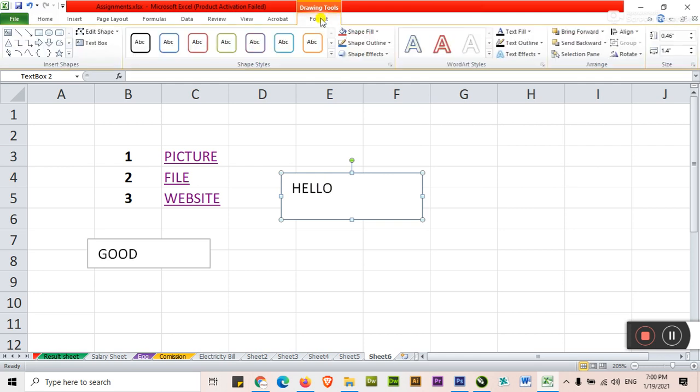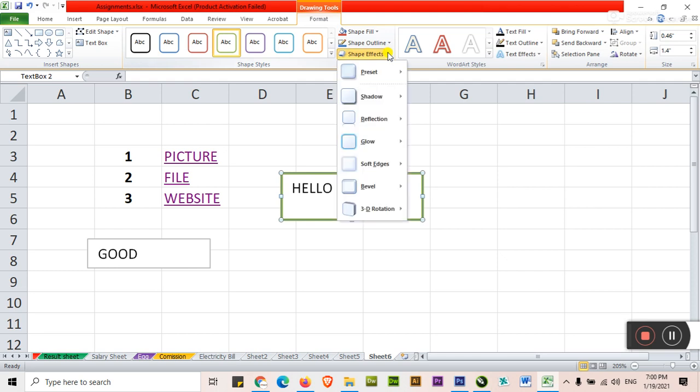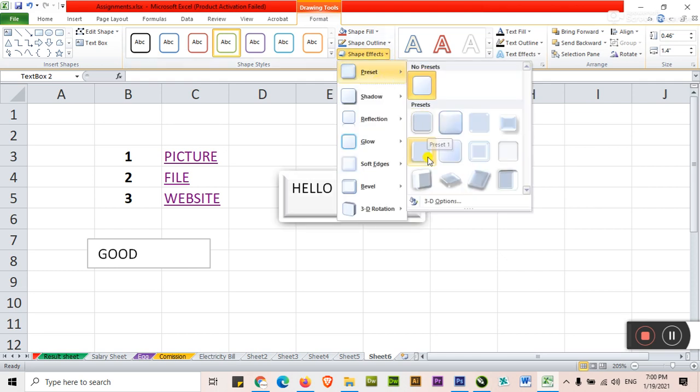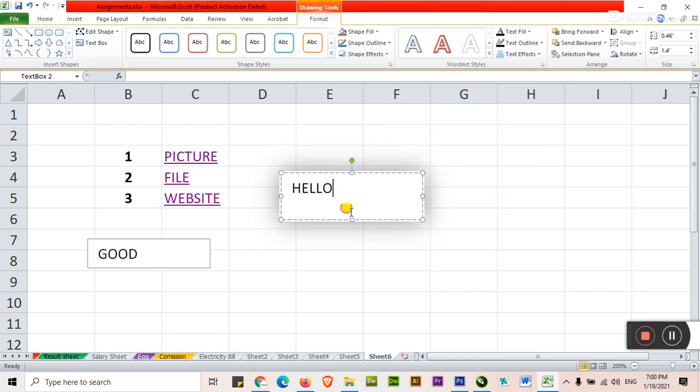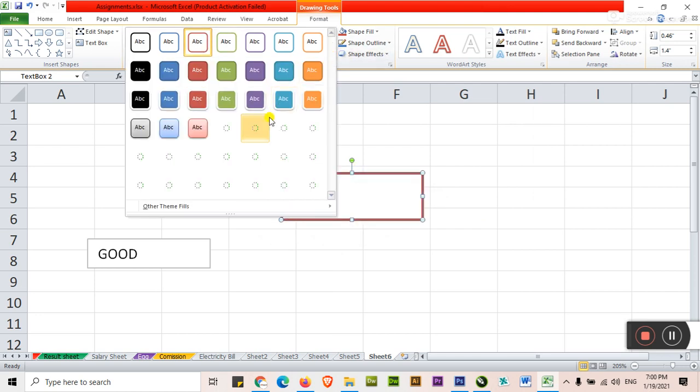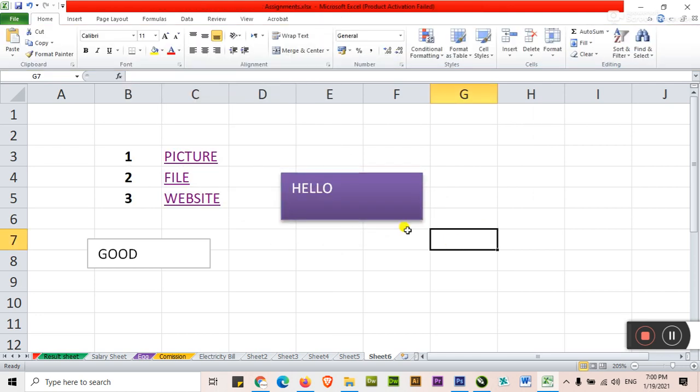These are properties of the text. You can change the colors, formats, shapes. Different shapes you can change. It's just with the help of text. Very attractive. Colors. This color.